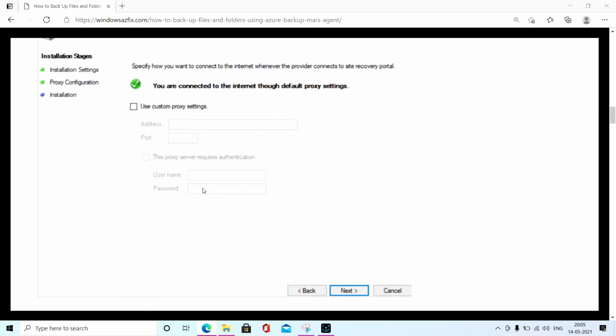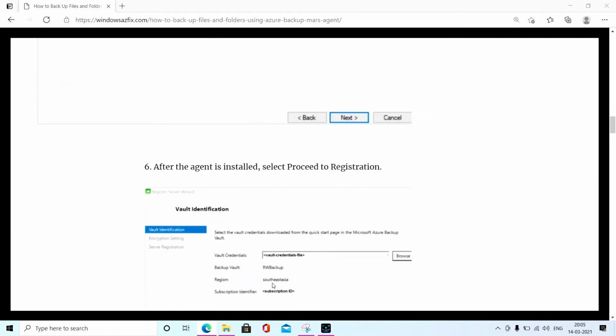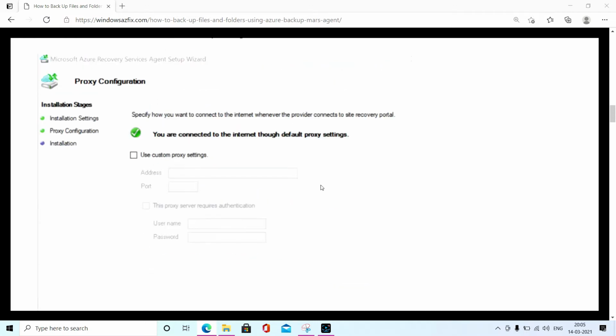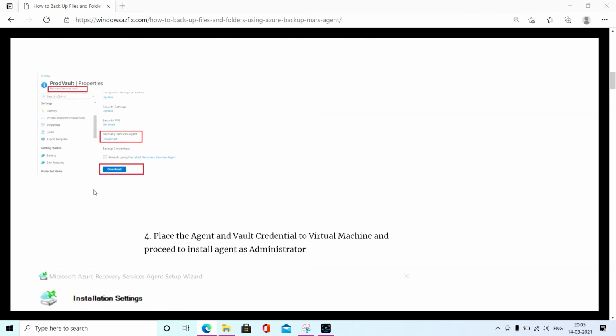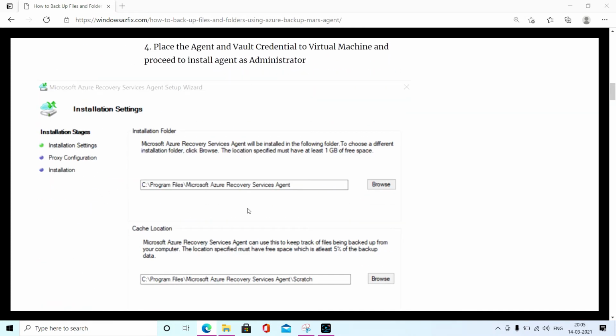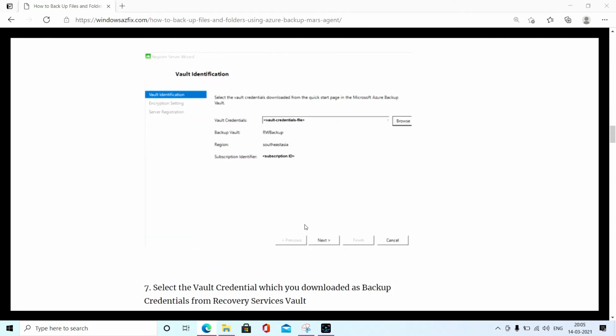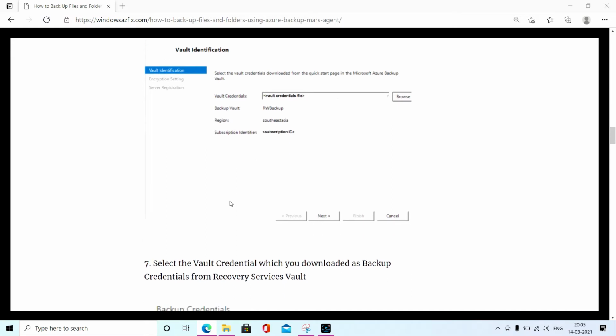In my case, I never used any proxy, so I just click on next, and after that you will get this prompt. Here in the vault credential you have to browse to the location of the backup credential which we took from the recovery service vault. Once you select it, go to the next option.